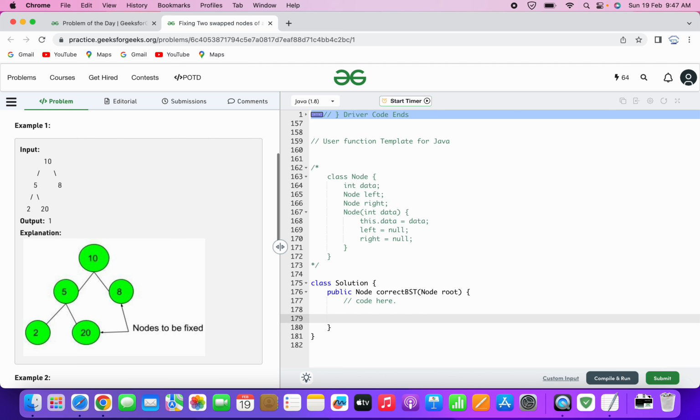So here what we can do, first one, we'll create a list of integer. We'll give this name as values is new ArrayList of this one. Then what we'll do, we will do the in-order traversal of the tree using this root. We'll pass this and we'll pass these values also, so that we can store each node value inside this